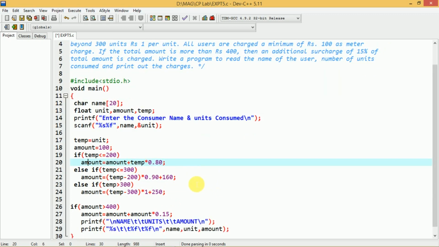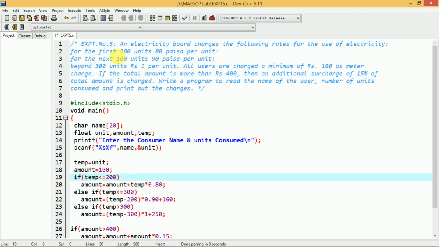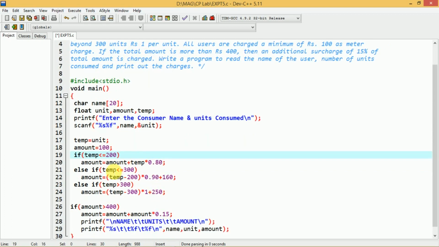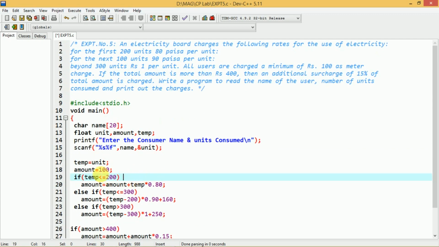Understood? So at the beginning itself we check whether the temp value is less than or equal to 200. If it is, you use the information that for all the units consumed the charges are 80 paisa per unit. The number of units consumed is present in temp, multiplied by 0.80.